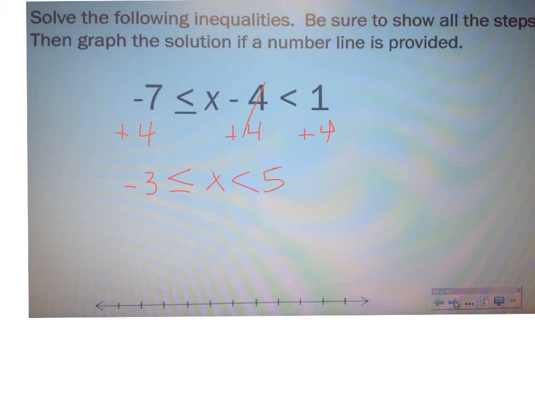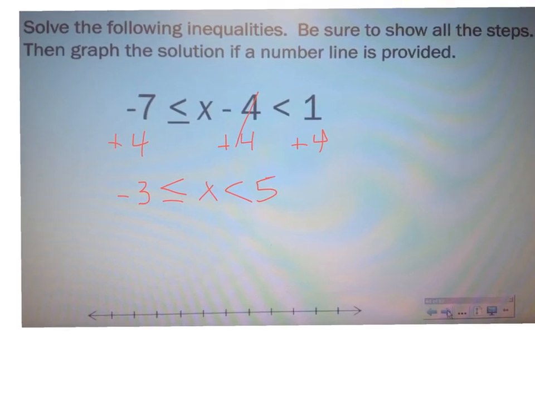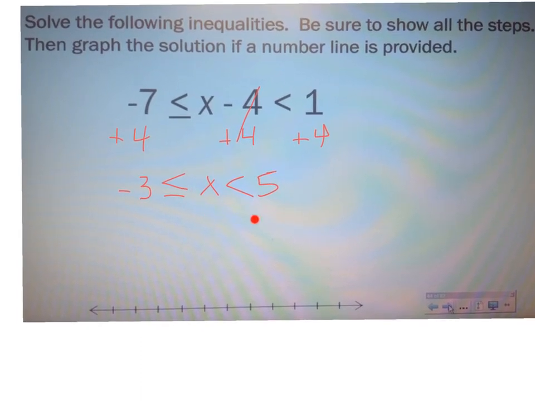Now we can go to the point where we graph it. I'm going to graph this part first because it's the easiest. So I'm just going to start with positive 5. Let's put positive 5 over here. This would be an open circle going to the left. 5, 4, 3, 2, 1, 0 is here. Negative 1, negative 2, negative 3. Closed circle